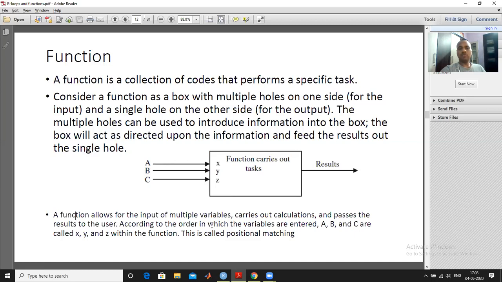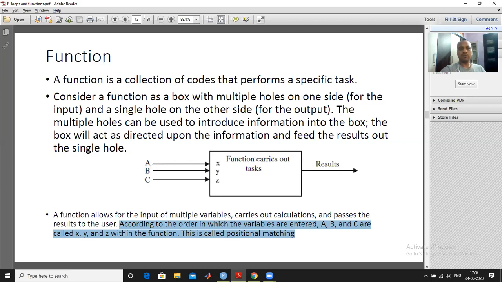According to the order in which the variables are entered, this is important. Means A, B, C are called X, Y, Z within the function. This is called positional matching. These are the inputs, and these inputs are used as x, y, z for the function, in whichever order they are mentioned.